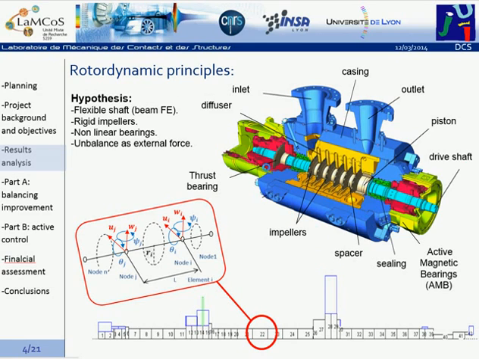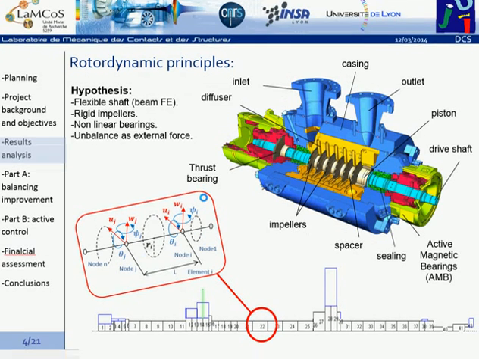So if we take the rotating parts, and you can see here the detail, we can create a finite element model considering beam elements that have 4 degrees of freedom, as you can see here, per node. And the main characteristic is the radius of the section. So once the finite element model has been created,